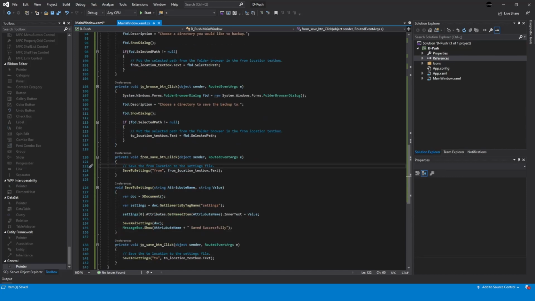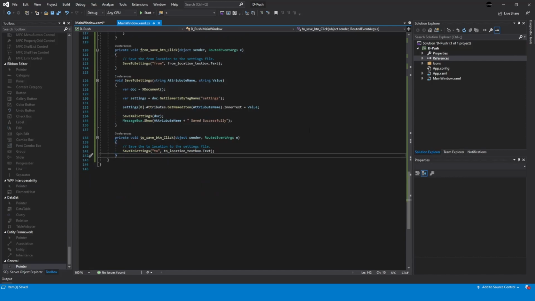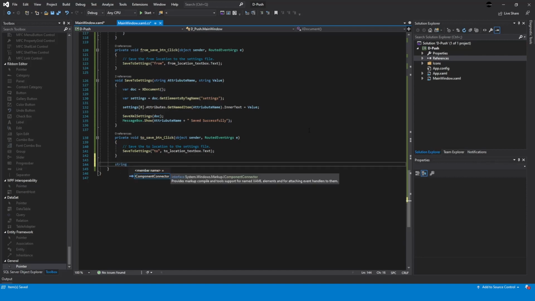Okay, so if we load it now, nothing's going to happen. Obviously, we haven't saved anything yet, but even if we opened it after we'd saved something, nothing's going to happen. So what we need here is to create a string, get location from file,